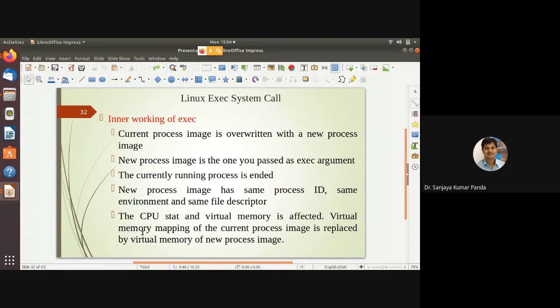Practically, it is not possible to load 6 GB in 2 GB. But by using the virtual memory and swapping concepts, which I will discuss in the theory class, you can execute a 6 GB program in a 2 GB space. So here the virtual memory space of the current process is affected and replaced with a new process.